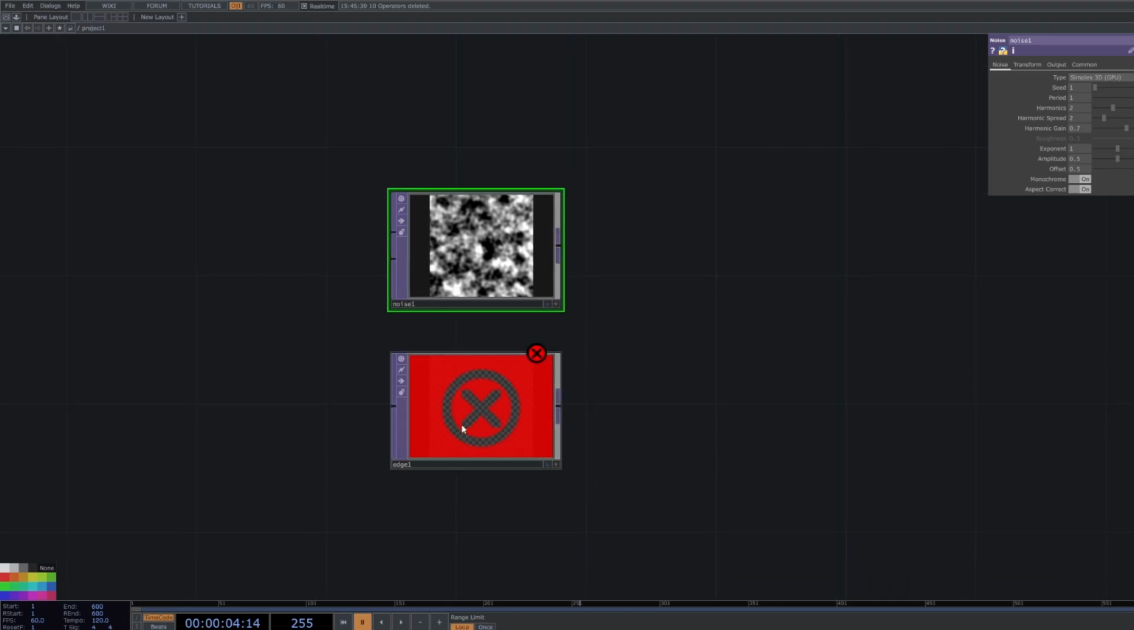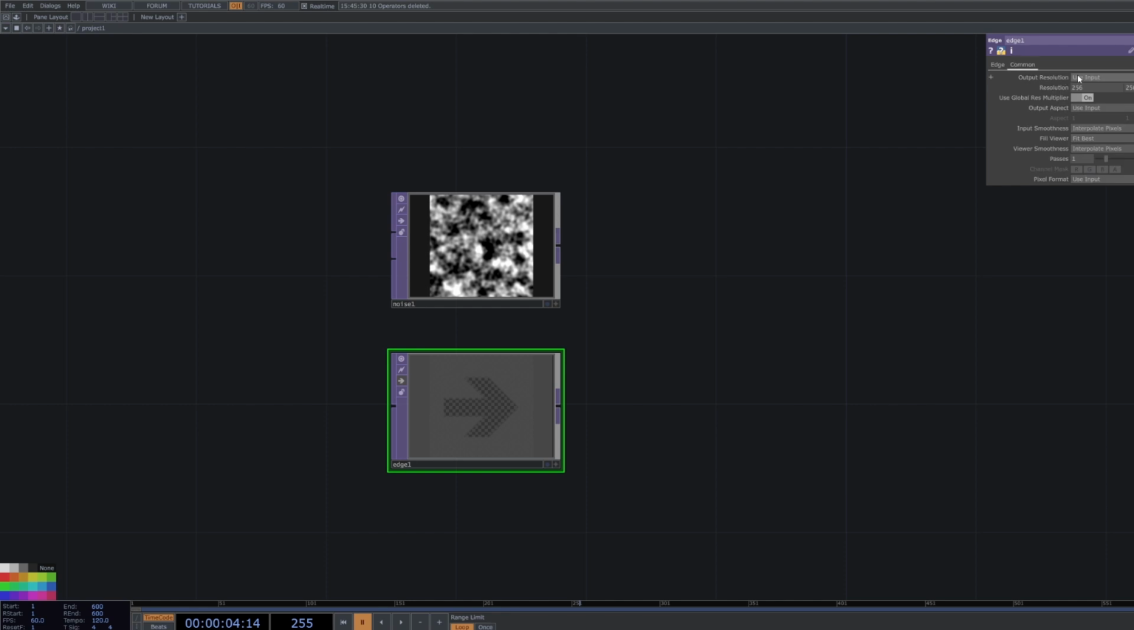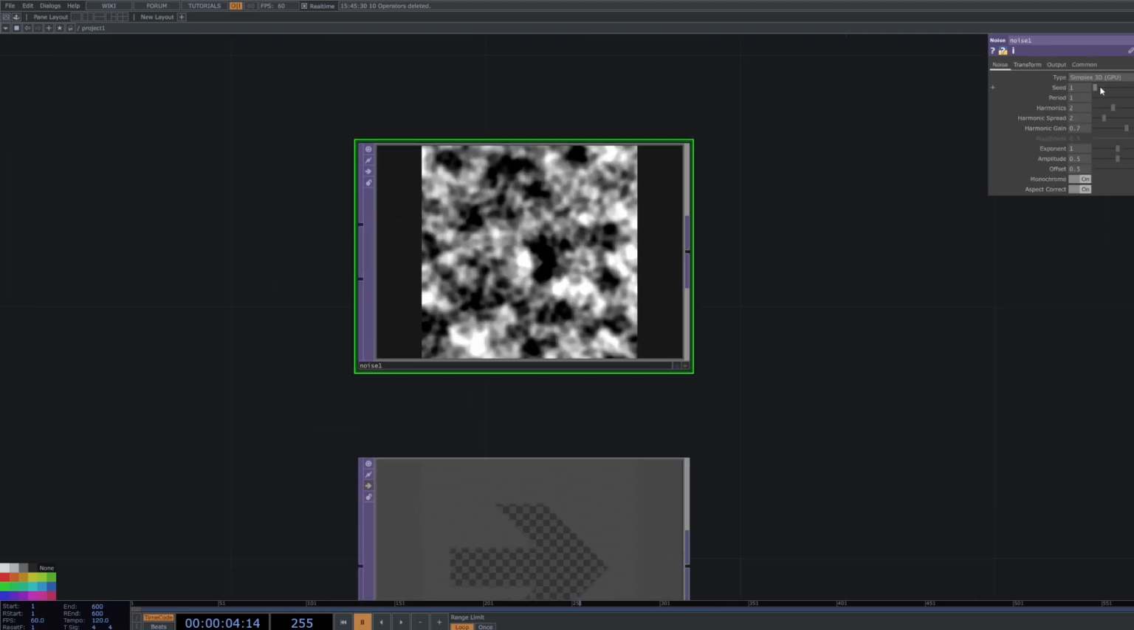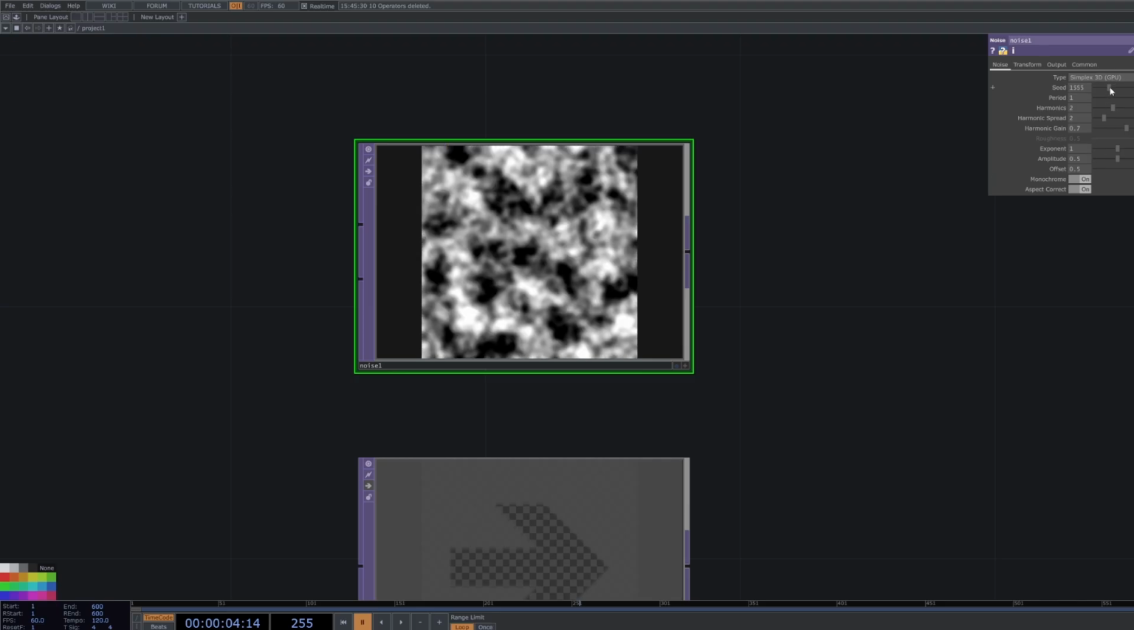Now there's generally some shared ones. I'm just going to bypass this at the moment, so disable it. Such as under the common tab, you typically have your output resolutions, your different pixel formats and all of that. But other than that, it's pretty different. And when we drag these sliders around, you can see it actually changes